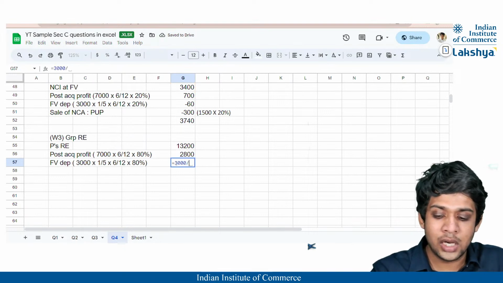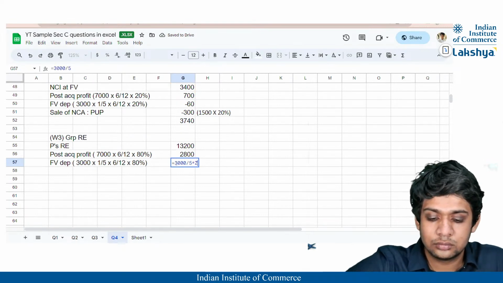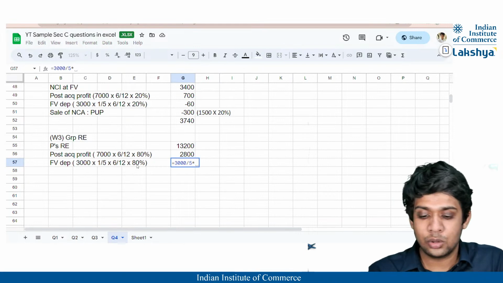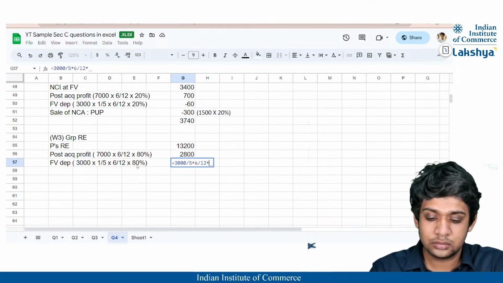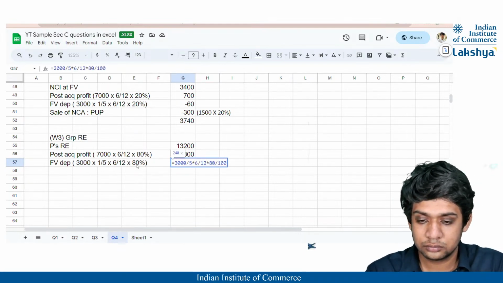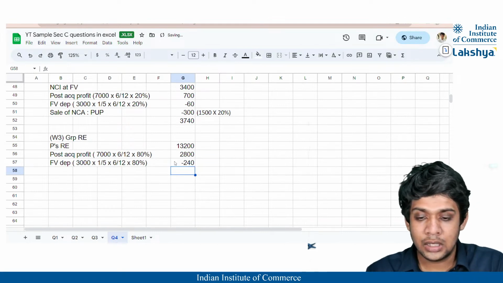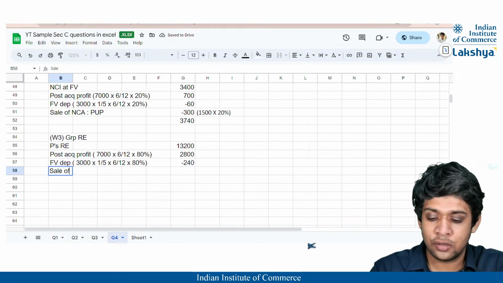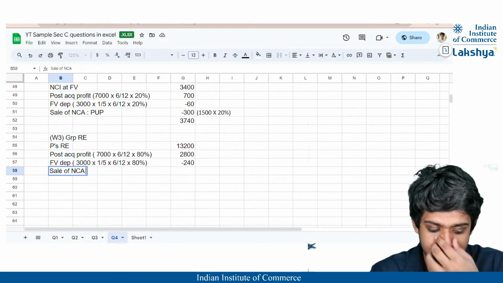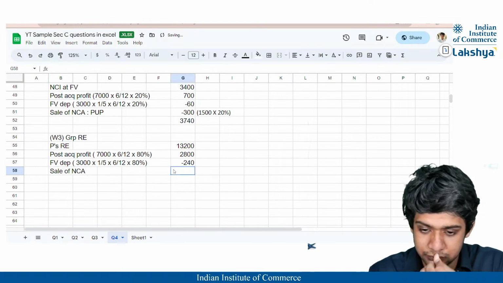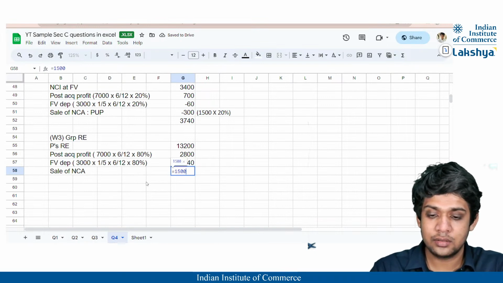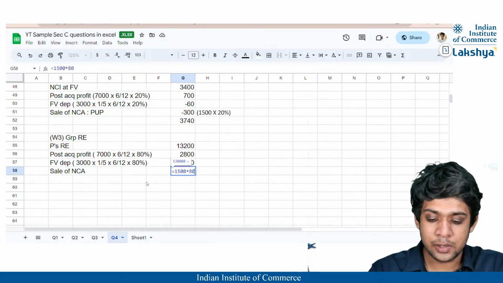एंड दस हमारा वैल्यू होगा into 6 divided by 12 into 80%, राइट। फेयर वैल्यू डेप्रिसिएशन, फिर जो भी सेल ऑफ नॉन करंट एसेट है वो भी यहां से रिड्यूस होगा, दैट इज 1500 into 80%, करेक्ट।